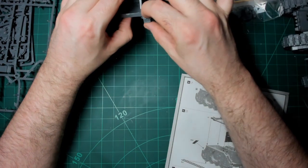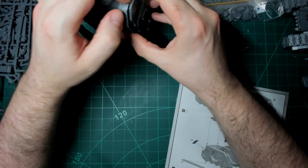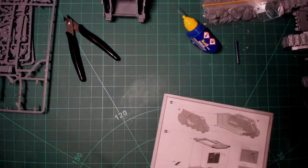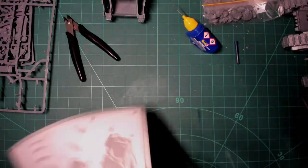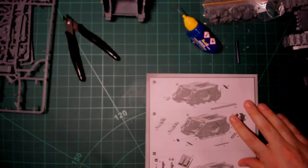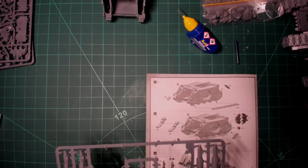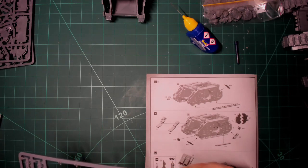Now I'll sit that there. Oh, actually, see, look, just like I said, even this one, just a little. Just give it that little bit. All right. Now we've got these bits to go on. Well, they're both the same. They're both numbered the same, so I'll just